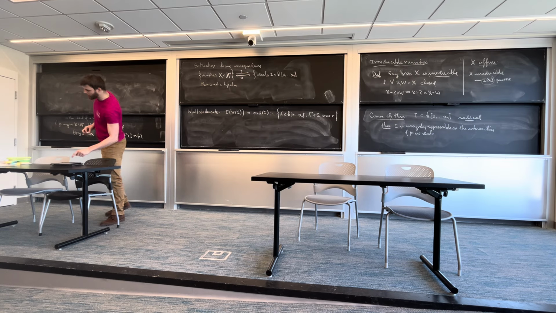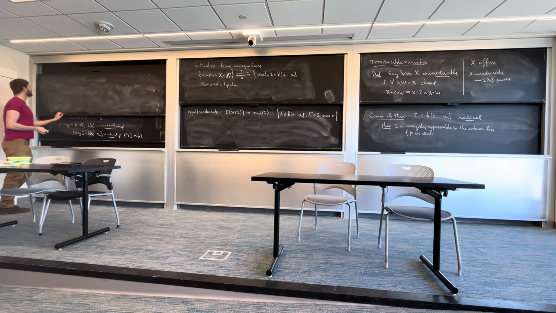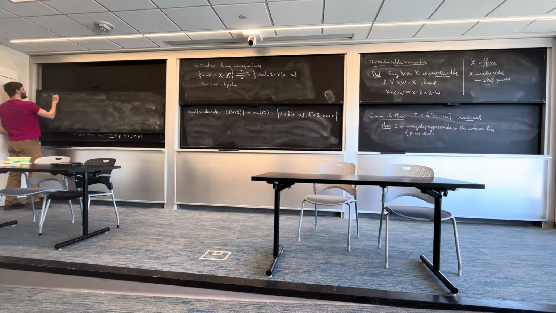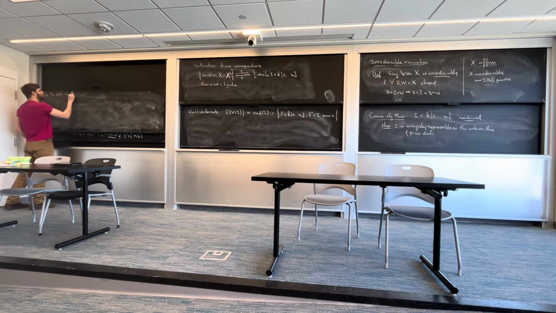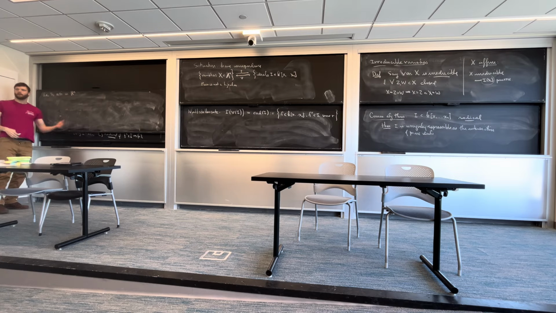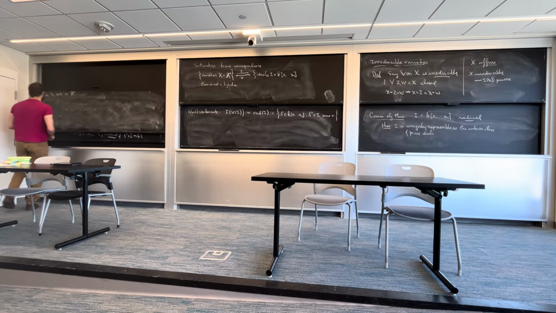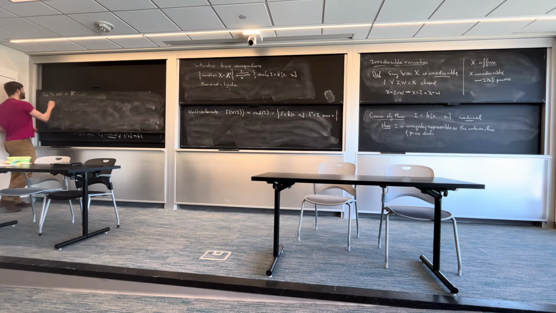So we were looking at the defining representation, where S3 is acting on R3 using the usual permutation matrices, and basically this is just acting by permuting the coordinates of R3. And so we had this character, which was chi,